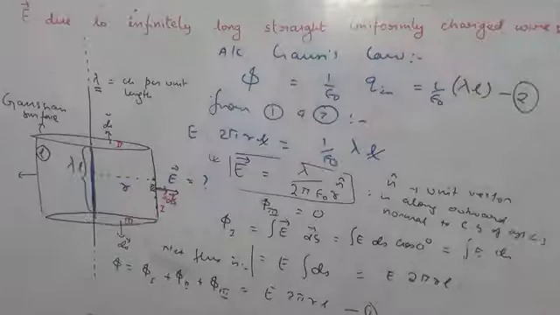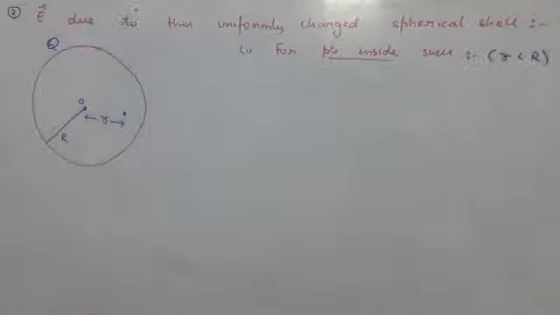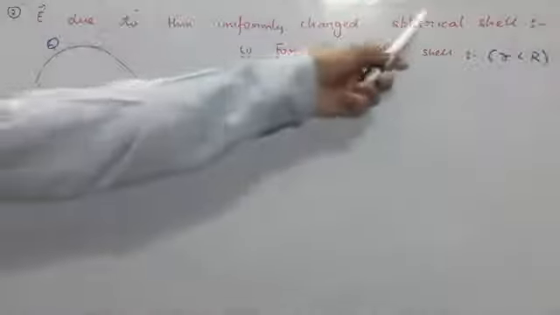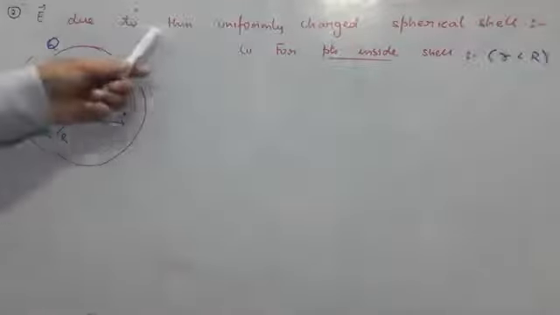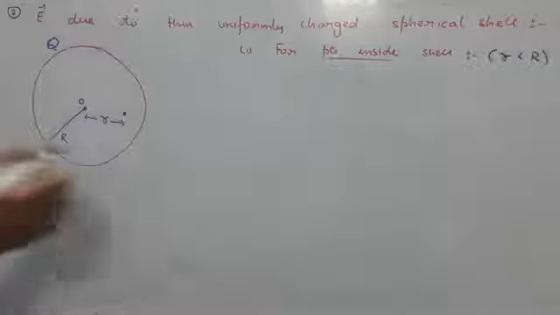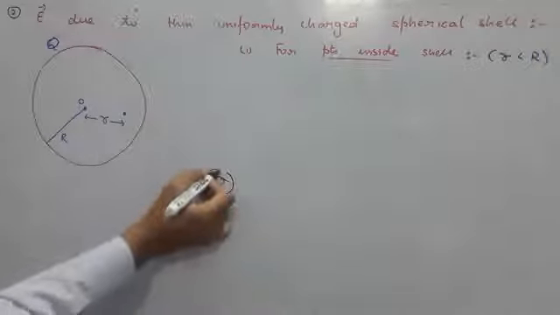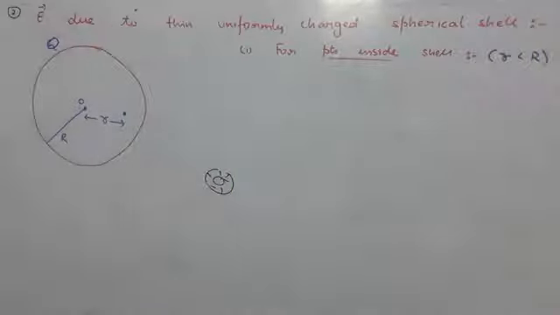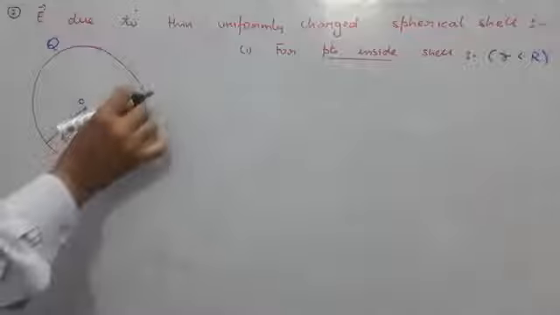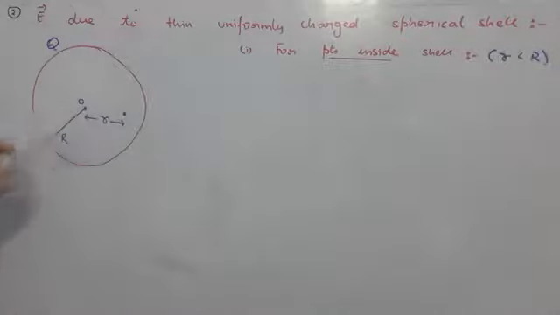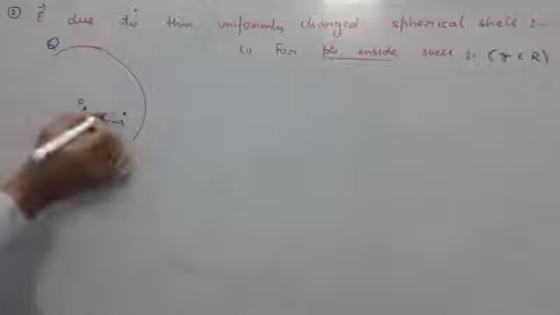Let us see the second example, students. We will try to discuss the electric field value and direction due to a thin uniformly charged spherical cell. Now this is a thin spherical cell. Actually the cell should be like this. It has inner radius and it has outer radius. But since we have taken a thin spherical cell, we will assume its thickness to be very, very small, so that we can say it has some radius r. The inner and the outer radius are identical.